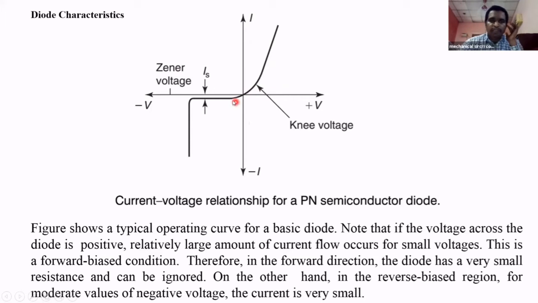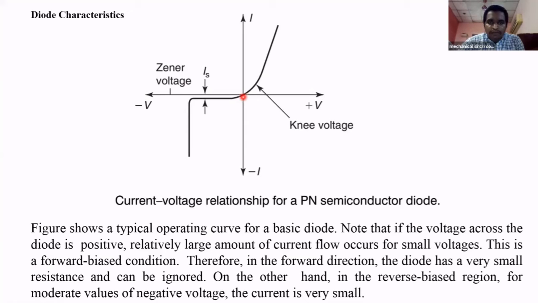Now we see the reverse biasing in the third coordinate. Already I told, in reverse biasing the diode acts as an insulator, which means there is no flow of current, because the holes and electrons are not crossing the junction. But I already told that a little current flows because of minority carriers, in milliamperes. Very little current is flowing in the reverse direction. That is also called reverse saturation current, because of minority carriers.